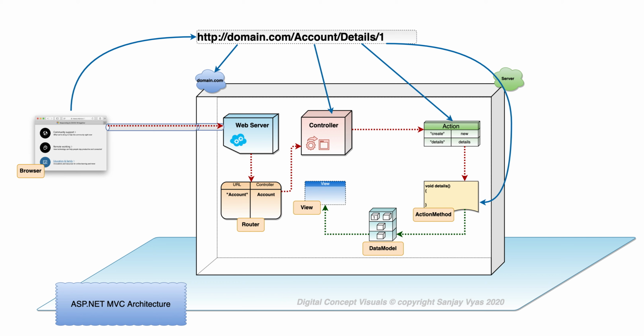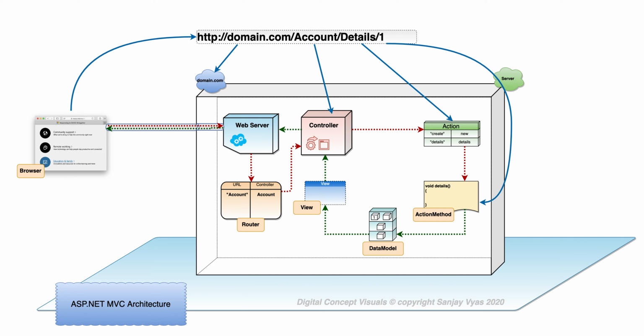So the data model, along with the view, generates the result, which is then passed back to the controller, and controller would then return it back to the browser. So we have three things here. M, which is the model, V, which is the view, and C, which is the controller. So when we take a look at these three things together, we very clearly see the MVC model in an ASP.NET application.